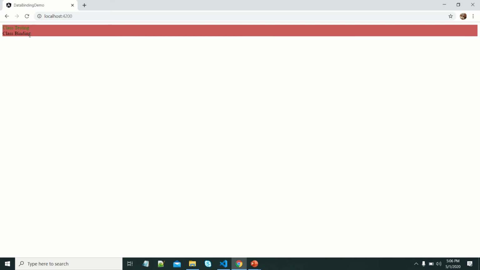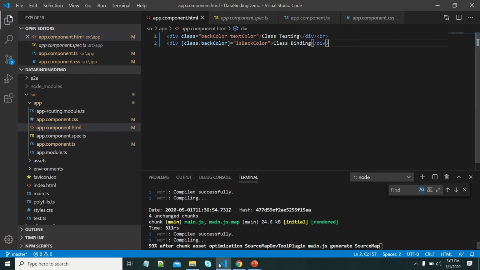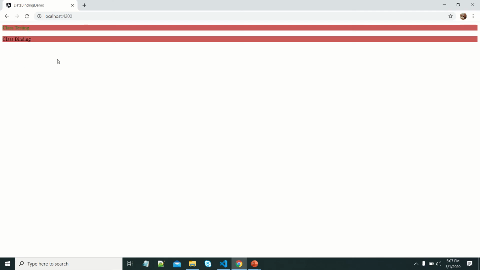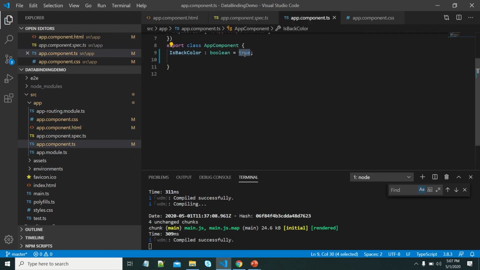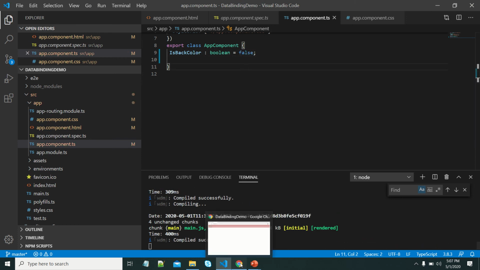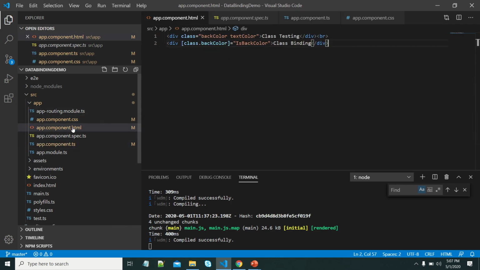Yes, we can see that background color is applied. Let me put some text here. Let us see the output. Okay, background color applied. Suppose I make this one false, let's see the output. Gone. So this is the way we can apply classes using class binding.